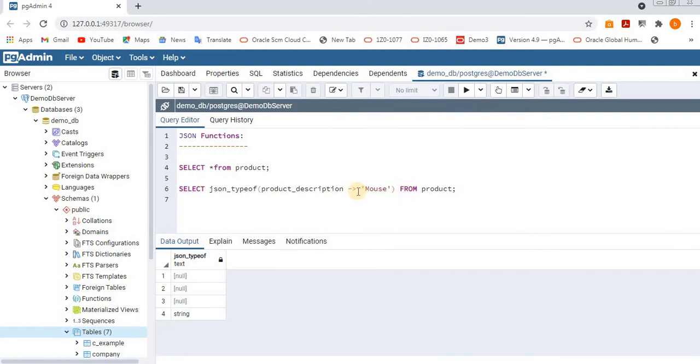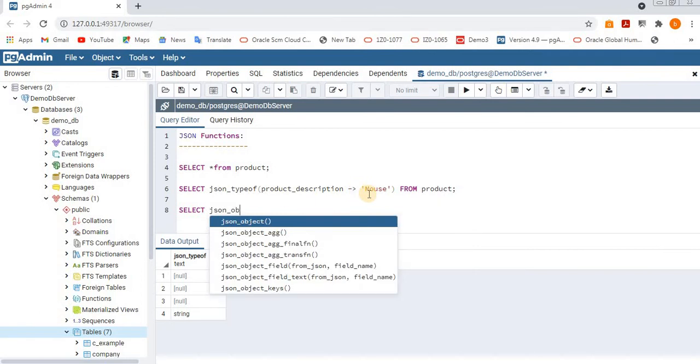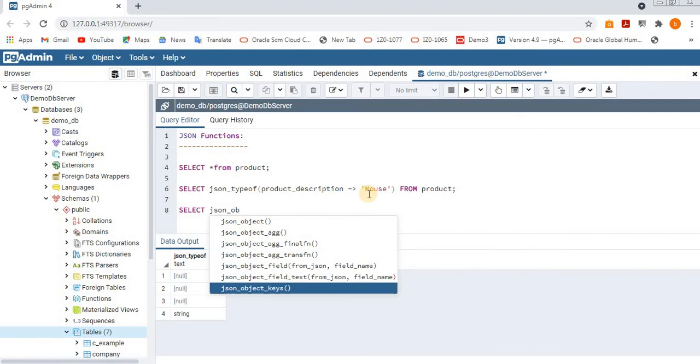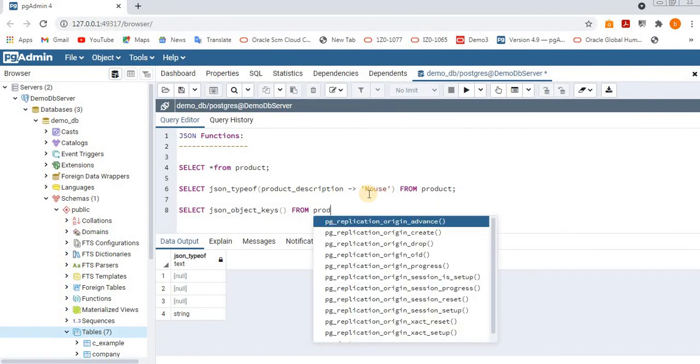Now we will see another function, JSON object keys. Here we will retrieve what the object keys are from the product table.